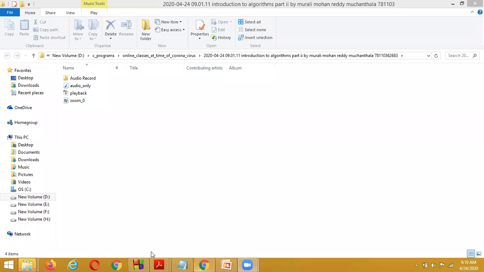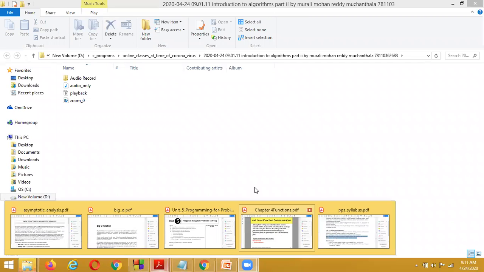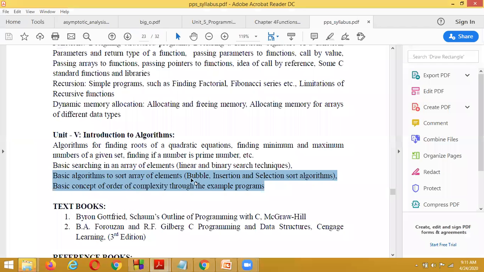What is the concept we are going to discuss today? In today's class we are going to discuss bubble sort, and the different types of sorting algorithms. Sorting is nothing but arranging the elements in ascending order, from the smaller number to the bigger number, which we call ascending order,